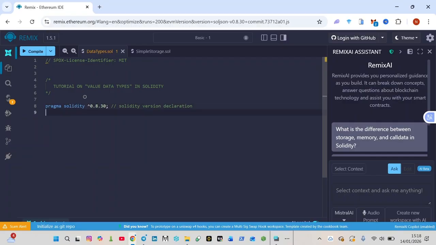The next thing you have to do is define the name of your contract. A contract is a keyword used in Solidity. So contract, I will say ValueType because we are specifically talking about value types. And say DataType, because there are data types as well. So curly braces. Now, like every other programming language, data types or types are used to